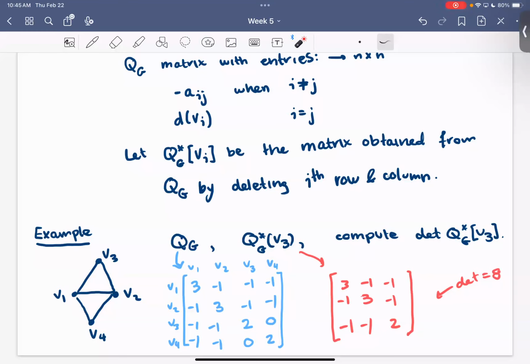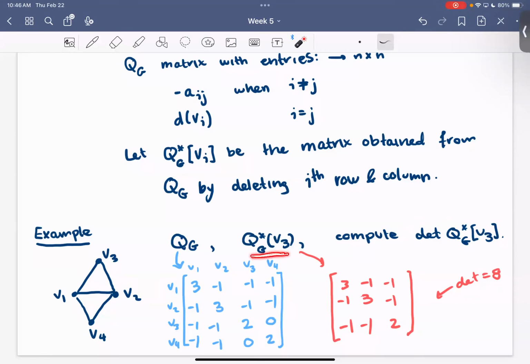Okay, so this is hinting at what the theorem is, which is that the number of spanning trees is given by computing the determinant of this matrix, where you can just delete the row and column corresponding to any vertex. So maybe I'll just say why